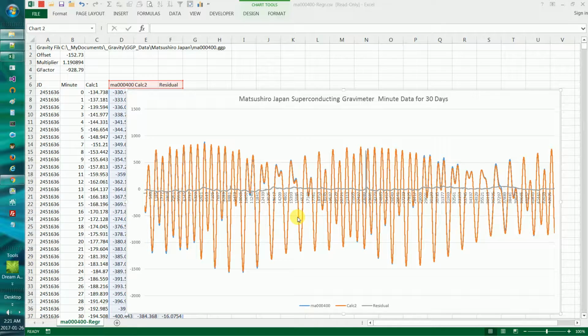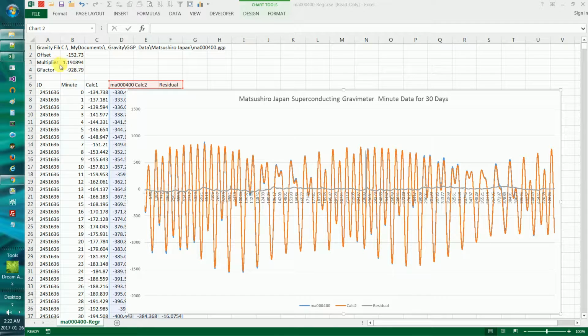And then basically it's a vector calculation. I put that into local vertical form. And to fit this curve in here only requires an offset and a multiplier. The G factor is the calibration number from the gravimeter itself. I can show you the derivation of that. It comes from the equipment